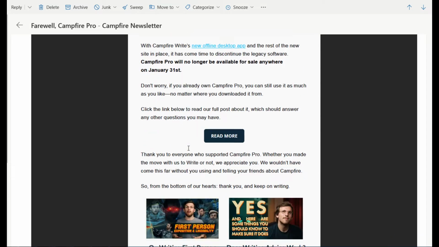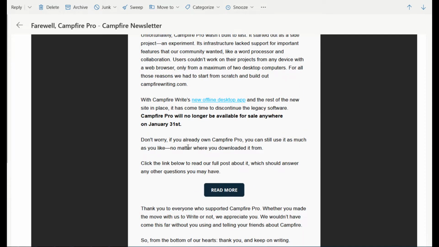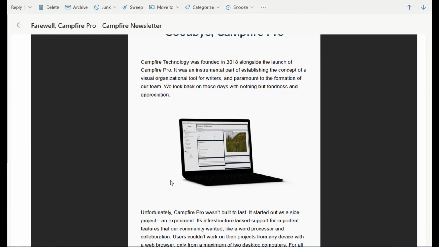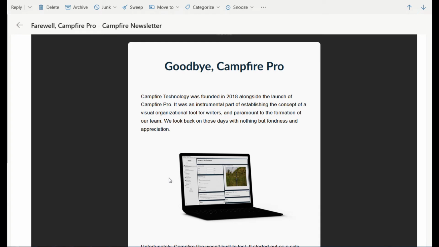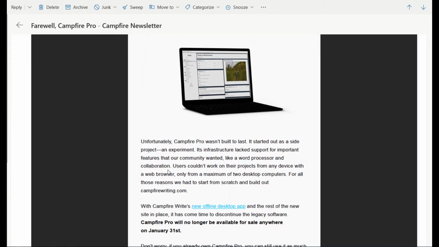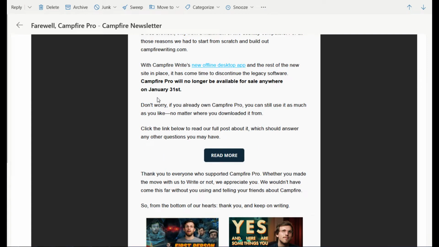But with Campfire Pro, it is a legacy software, and a lot of people bought it just for the very idea of being offline, of not having to pay a subscription. It runs faster and all of that, but it's also limited in what it can accomplish. And that is the unfortunate legacy of Campfire Pro, was at some point it was going to become obsolete, and it's been that way for a while now. But even Campfire Technology, they're now saying that it's done. And so if there was ever a time you wanted to buy it, it's going to have to be between now and the 31st. And that includes their website, Steam, and whatnot.